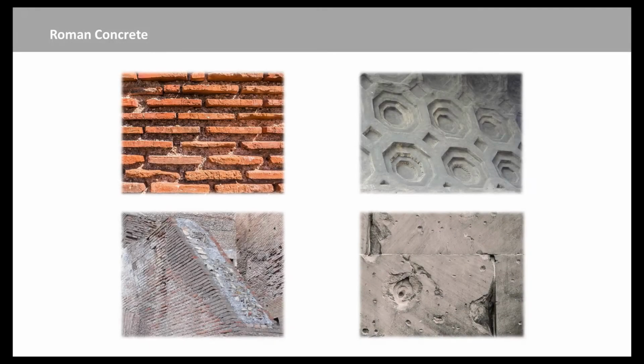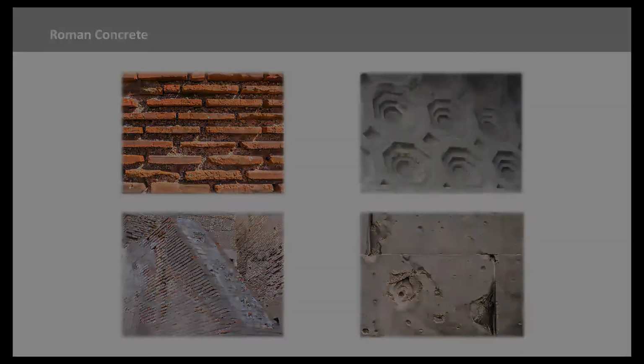It's a composite of various natural elements that becomes a liquid mass when mixed with water and eventually hardens into a very strong substance, much stronger than any of its ingredients on their own. Roman concrete was a mixture of stone rubble and liquid mortar, and composed of lime, sand, and something called pozzolana.